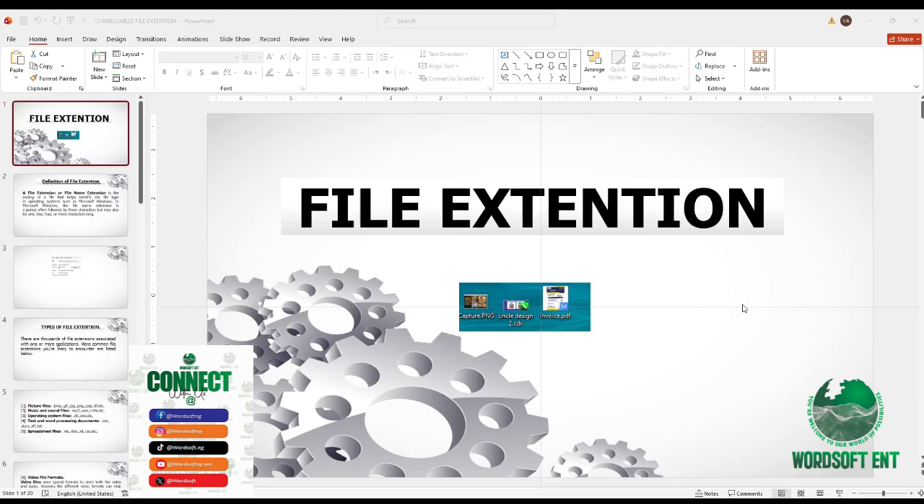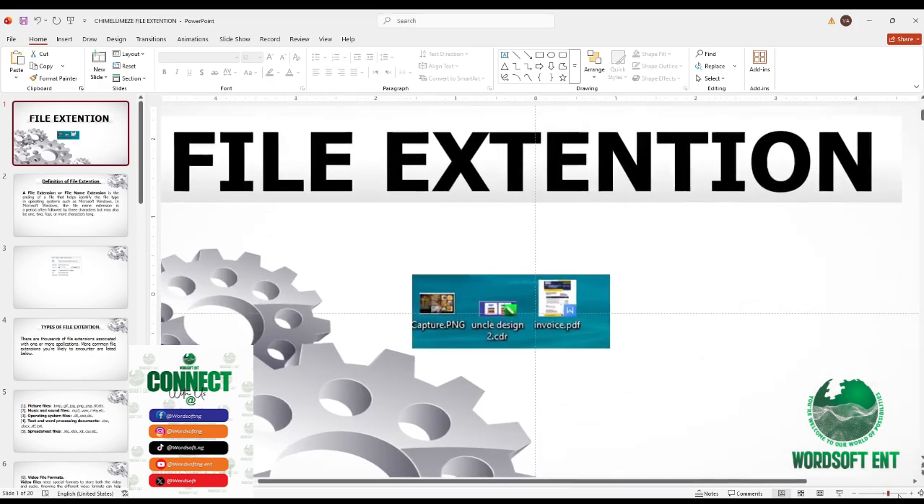All right, today we'll be talking about file extension, what it means, and how we can quickly know the type of file a document or a file is. All right, if you check my screen, you can see this